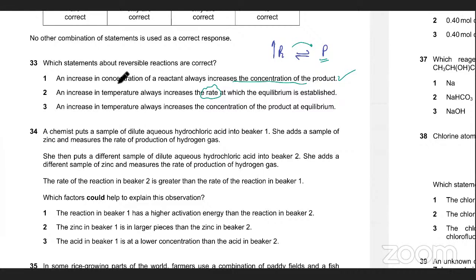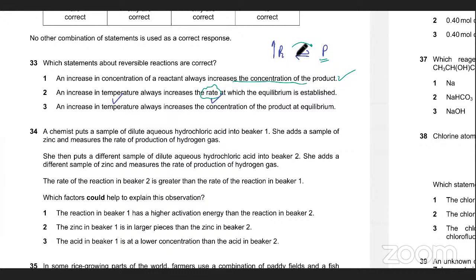Yes, sir. So it's obvious. The rate would increase of both forward and backward, no matter what the reaction is. Pick any reaction in the world. If you increase the temperature, the rate would increase both forward and backward. Remember, एक चीज का ख्याल रखना है कि when you talk about